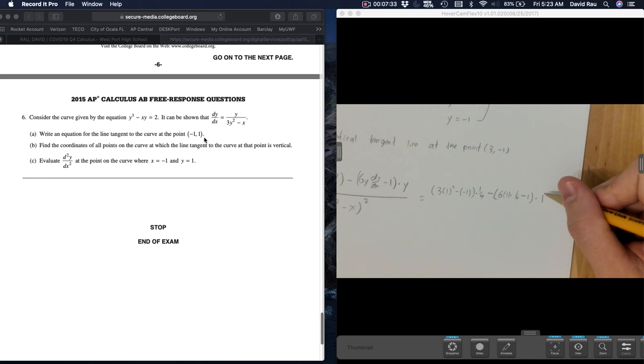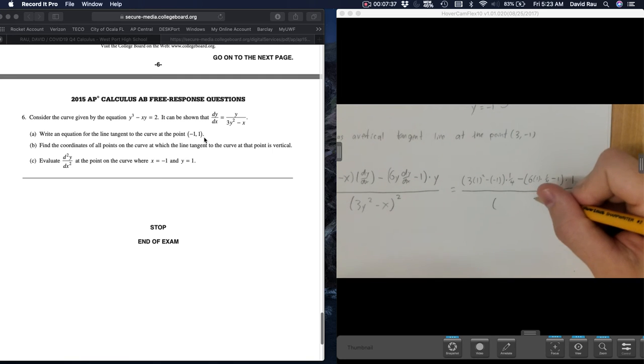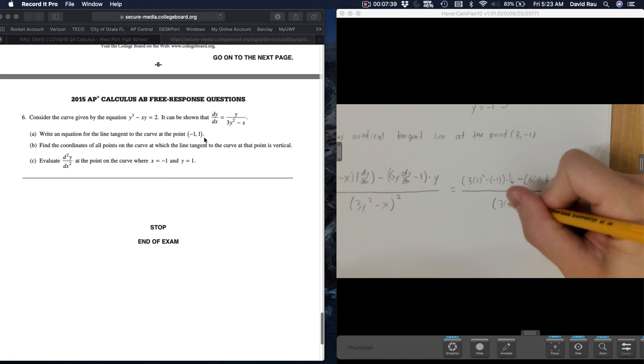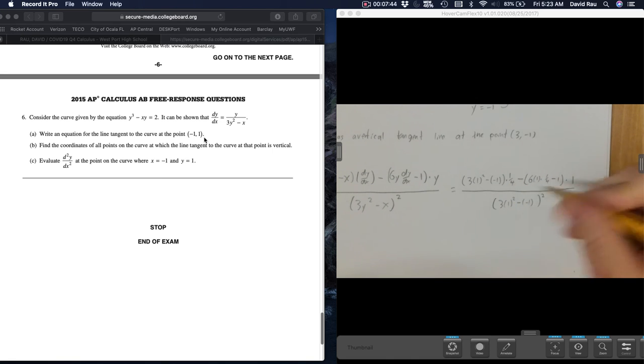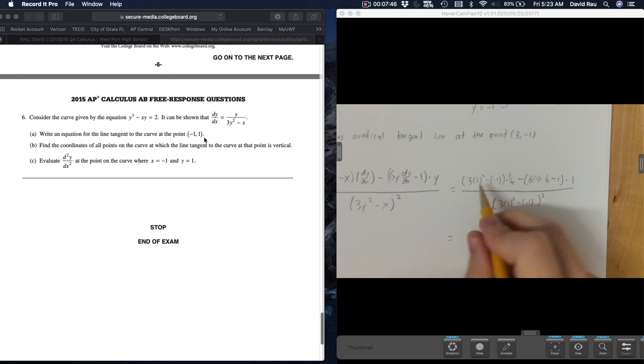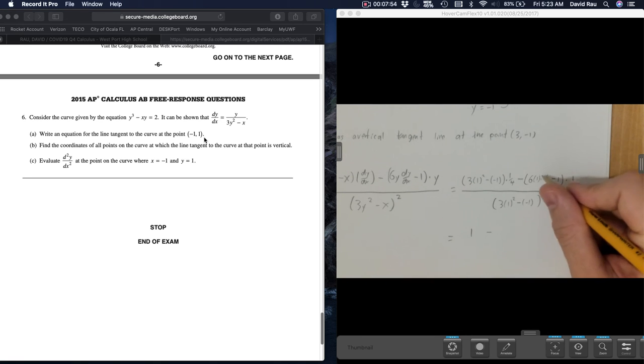Oh, wait. Yep. All over the bottom squared. Okay, what's that? If you kind of remember, this was our denominator. It's where we got 4 from before. So this is really 4 times 1/4, which is just 1,